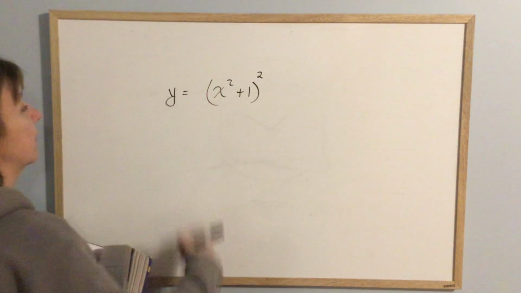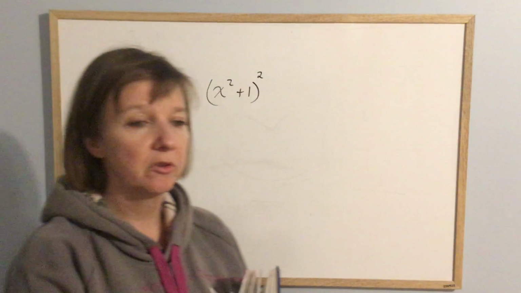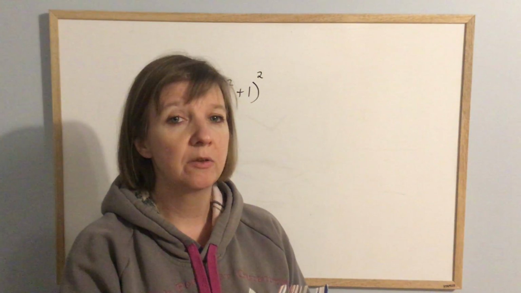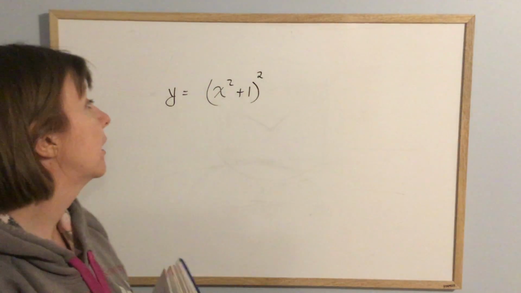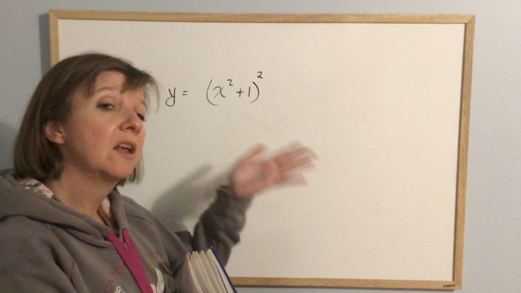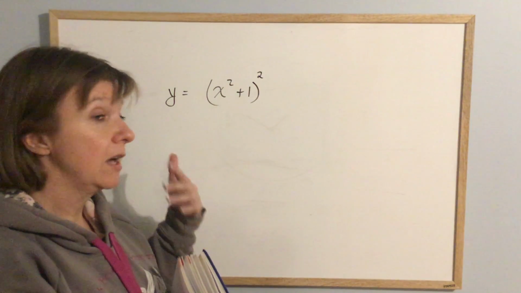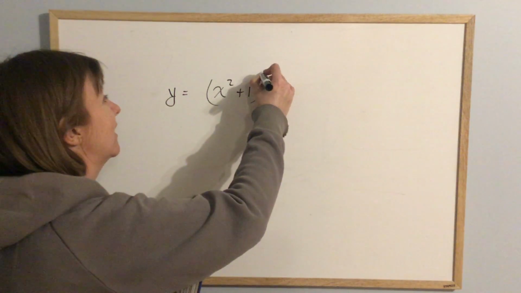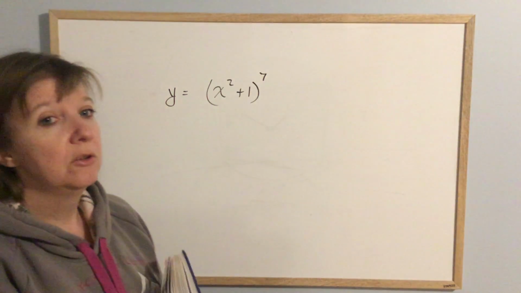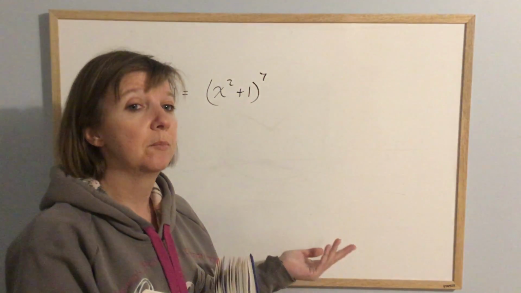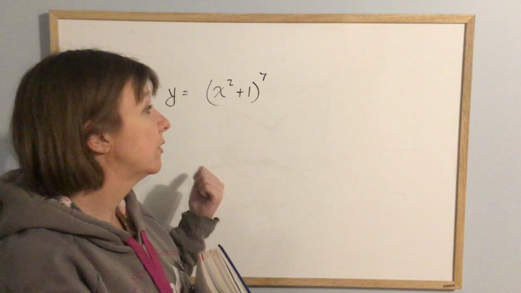So let's say that's y is equal to. Up until now, what you would have done if you wanted to find the derivative of that is you would have to expand that out. You'd have to do FOIL with that and then do the derivative of that. The problem becomes, what if that wasn't a 2 up there? What if that was like a 7 up there? You don't want to do (x squared plus 1) to the 7th because we did that in Math 12, and remember that involved things like